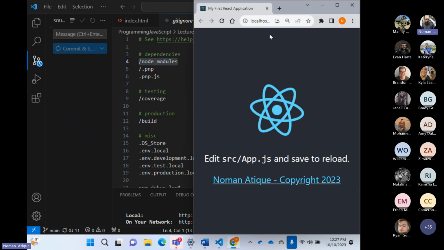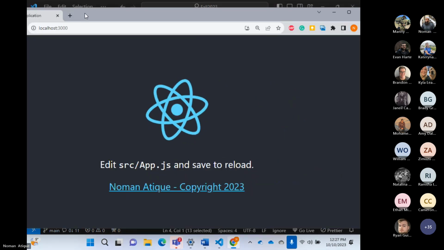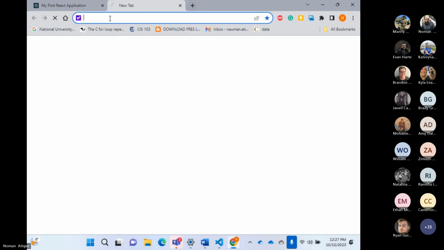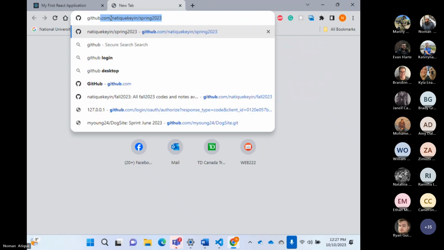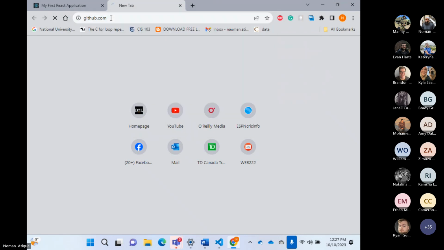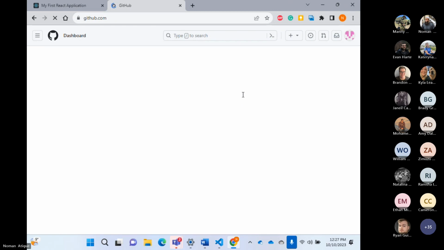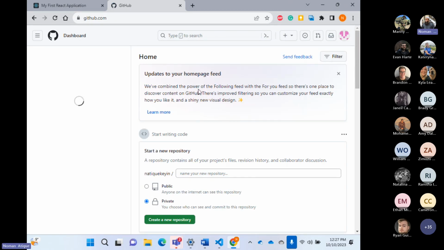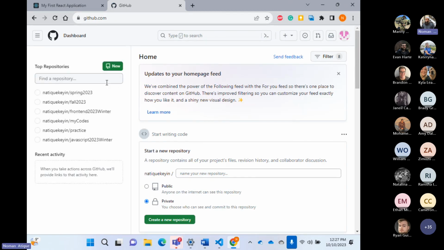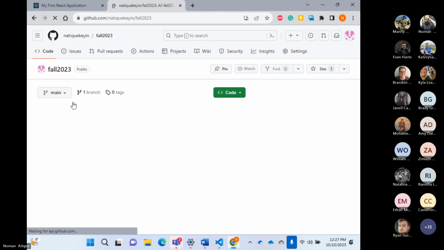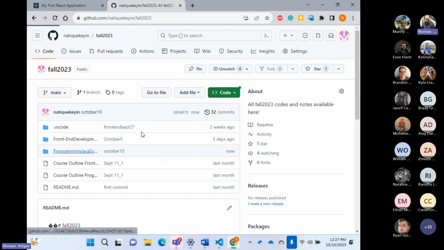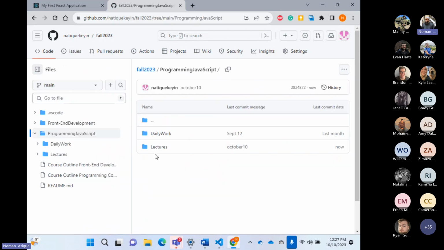Now I'll open my GitHub. Okay, so I would like to go to my Fall 2023. And look at that here: Programming JavaScript, October 10 is there.